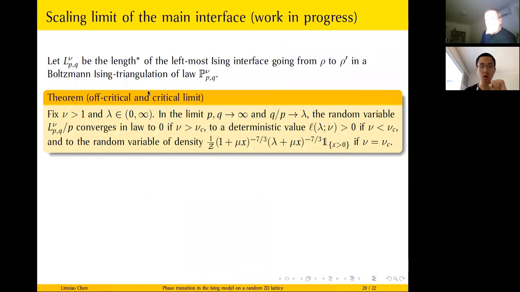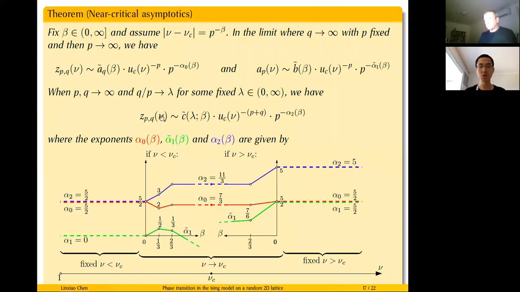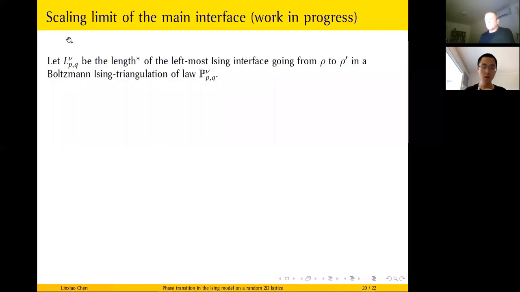Instead, I'll try to explain more the scaling limit result that we obtain based on the previous enumeration result here. So if I call LPQ of nu the length of the leftmost Ising interface that goes from